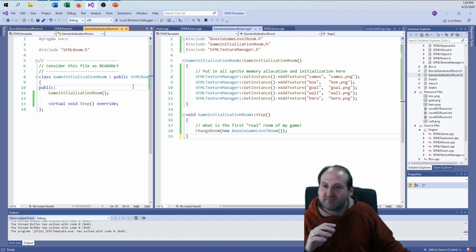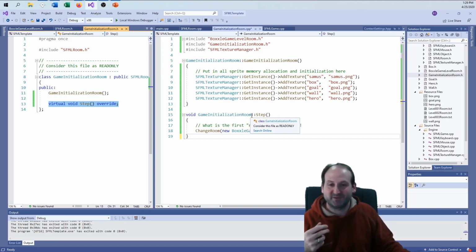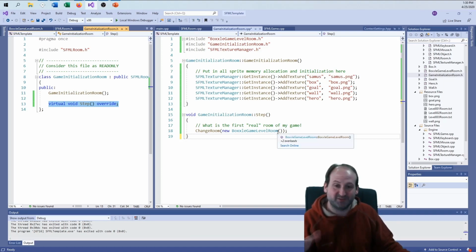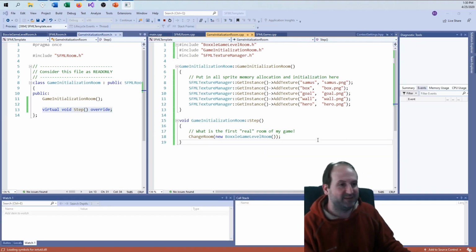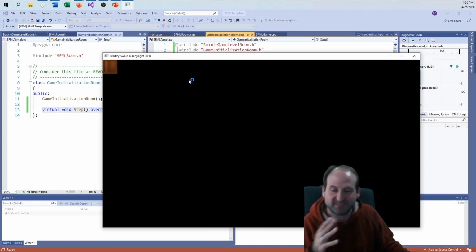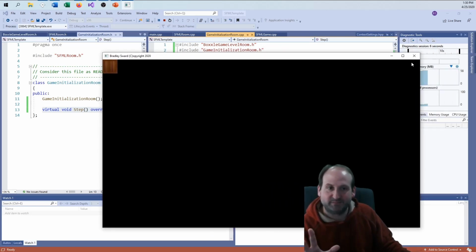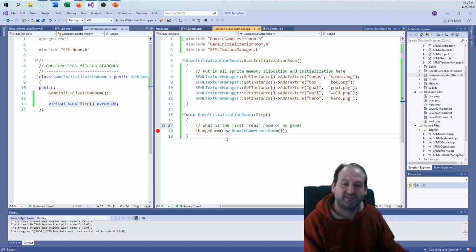This one here, I just overrode the step function that's part of the general room, because the only thing I need to do in the step is to change over. I don't have to do anything more. What is the first real room? And now, after sitting here for 10 minutes trying to figure this out, now we're where we need to be, because now when I change the room in the step event,